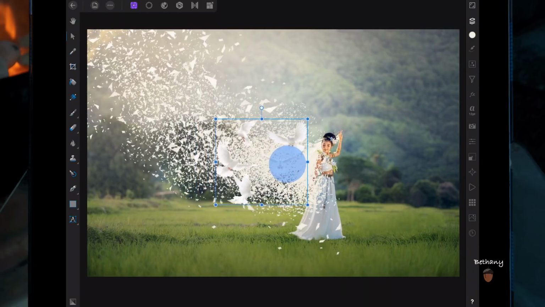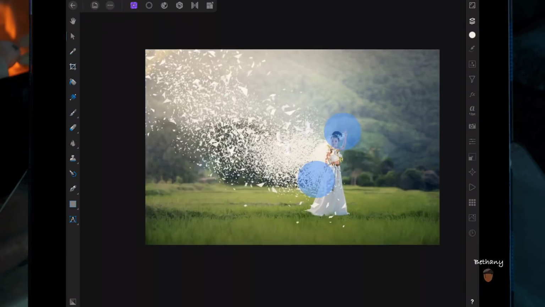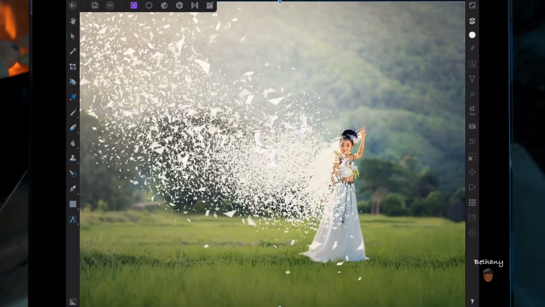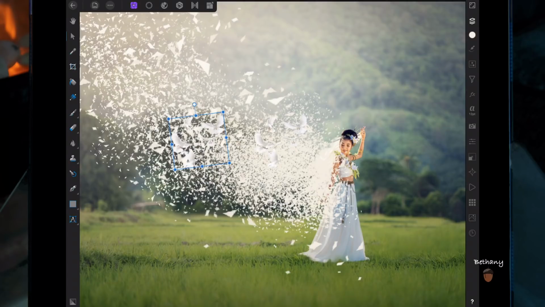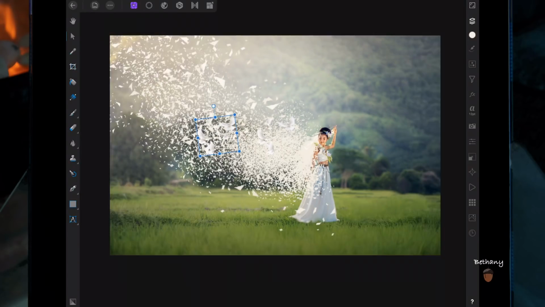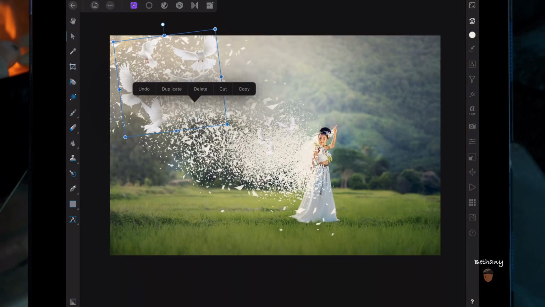And on the move tool, I'm just going to position it and change the size, and then I'm going to duplicate it. And I'm just going to drag them to another position. And I'm just going to repeat this a couple of times, so the closer to the start of the veil, I want to try and make the seagull smaller and get bigger as the veil goes out. And I'm just going to flip them around as well so they're not all going the same way.